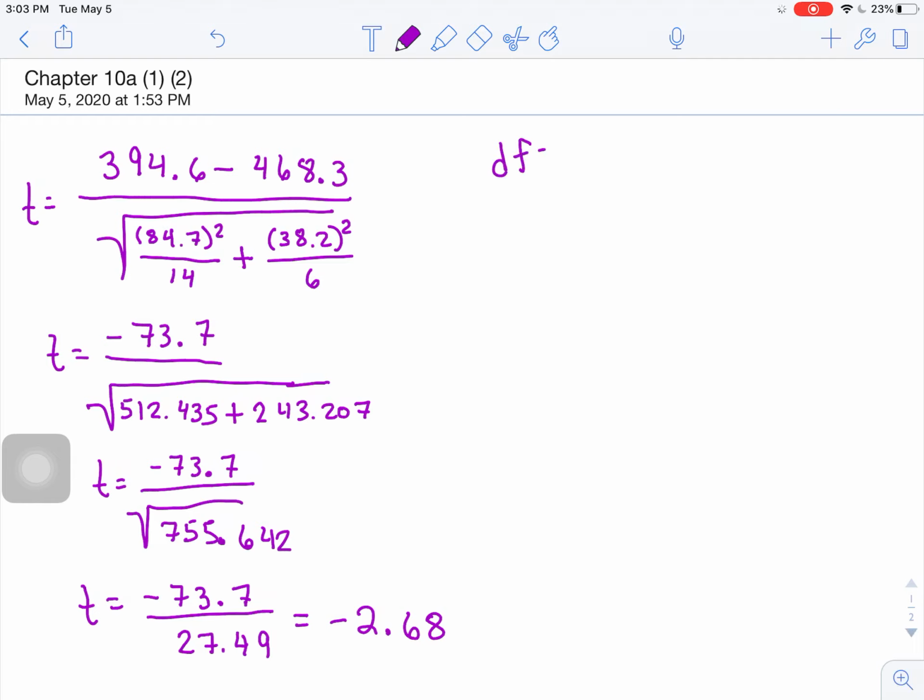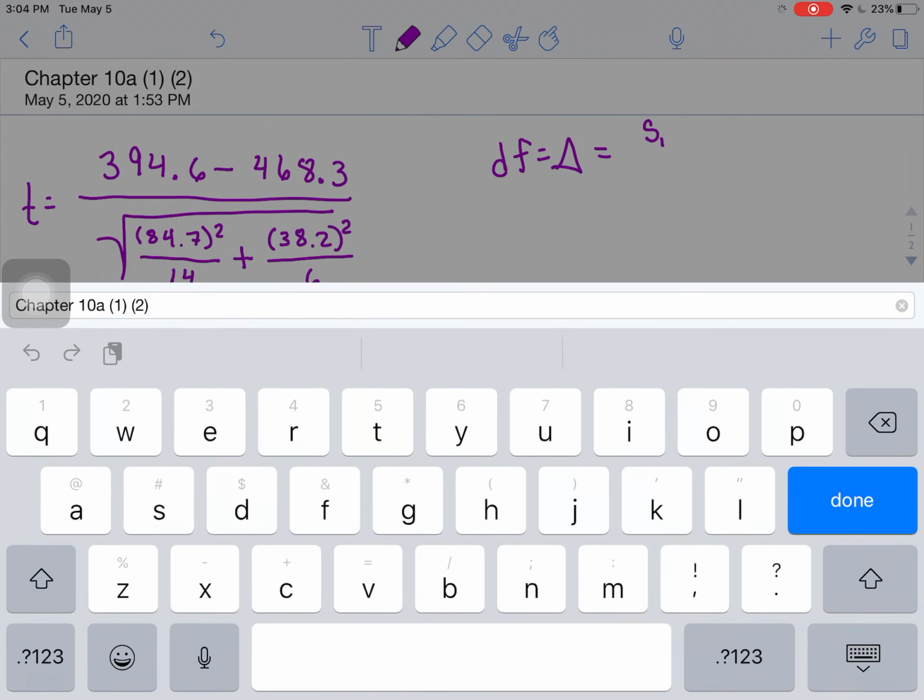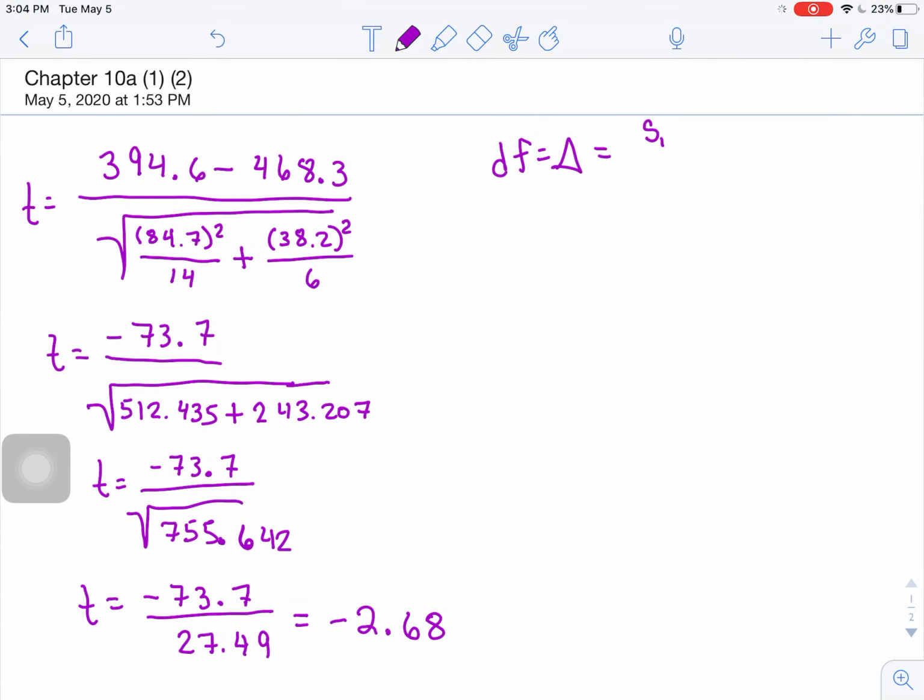So I am going to go ahead and write down our DF, or degrees of freedom, is going to be equal to, I'm actually going to write this down. So you have the sample standard deviation for population 1 squared divided by the sample size plus our